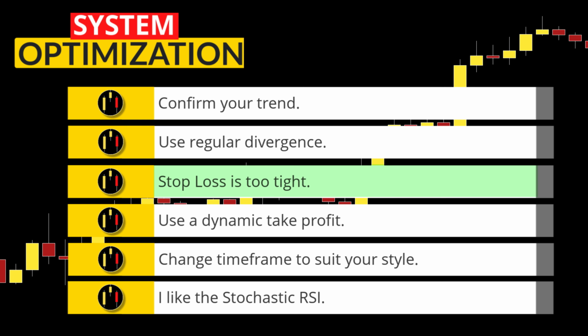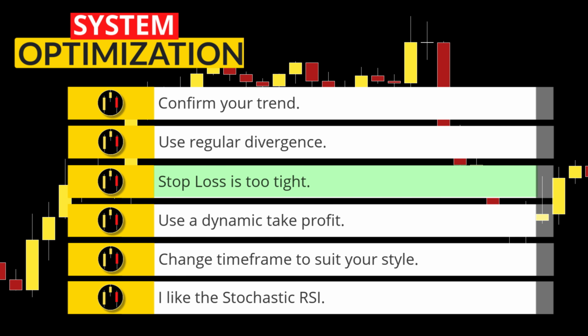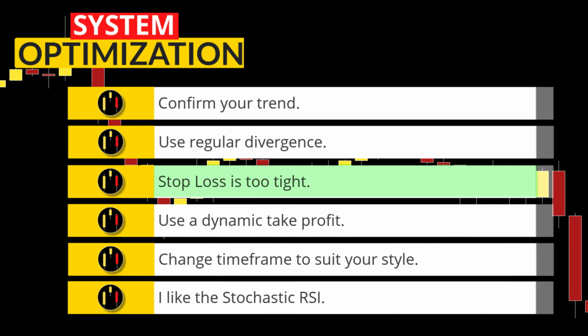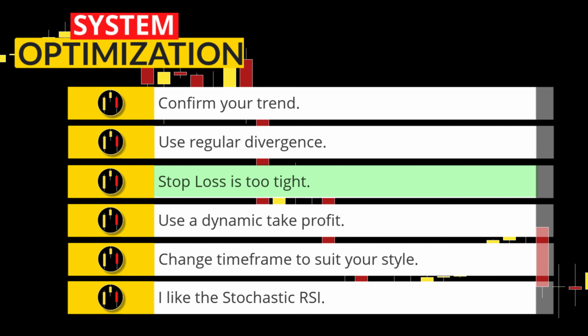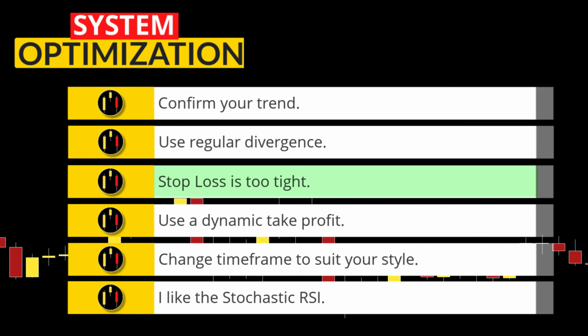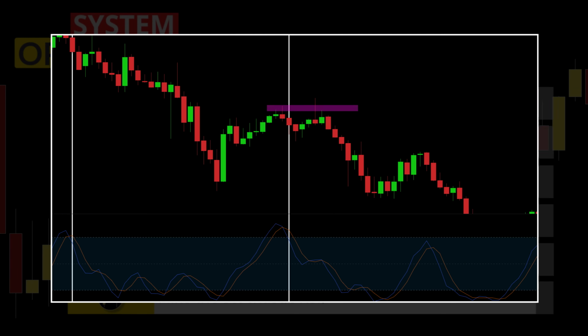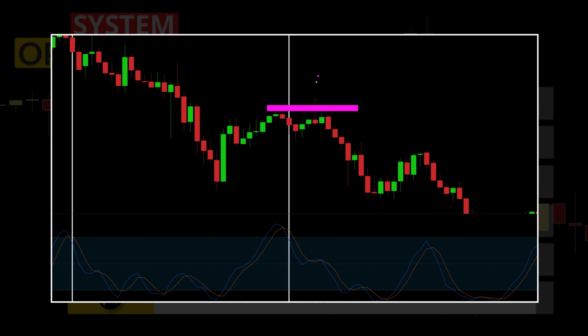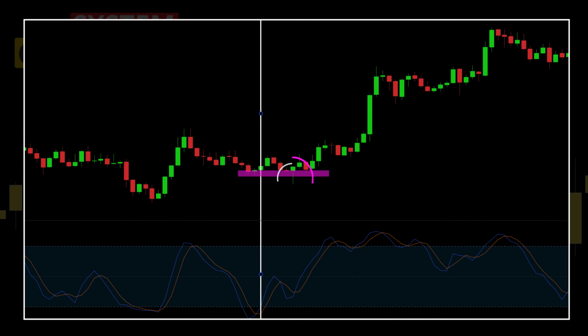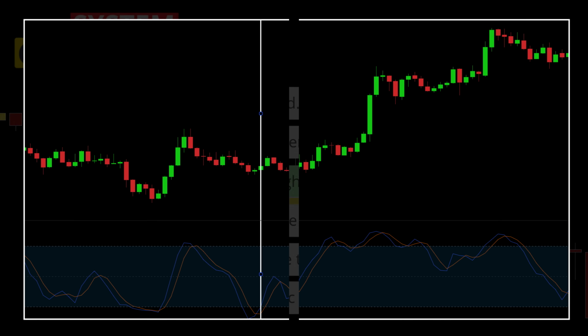The biggest problem with this system as presented is that the stop loss most of the time is what I would consider to be too tight, especially for exchanges and brokers where the spreads can get wide. On this chart, you can see that a tight stop loss gets wicked out before going in the direction of the profit target. Additionally, you can see the exact same thing happen here, but in the opposite direction.